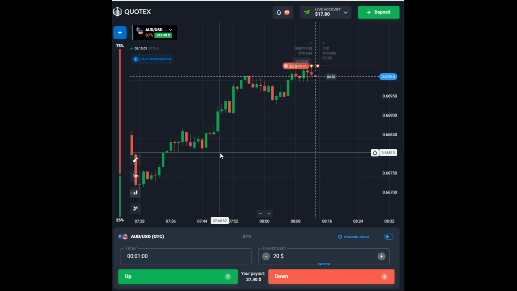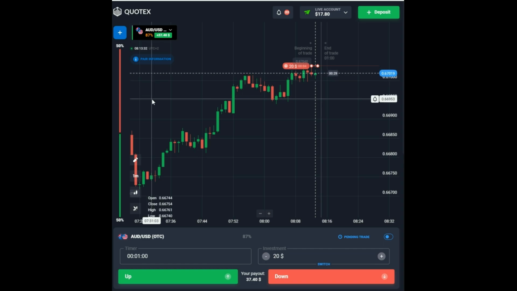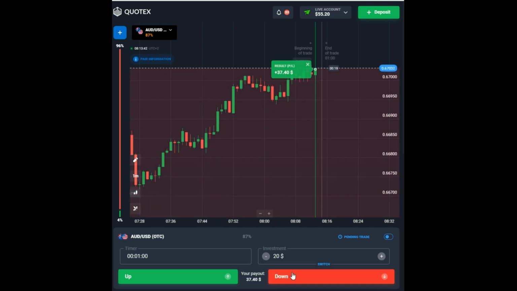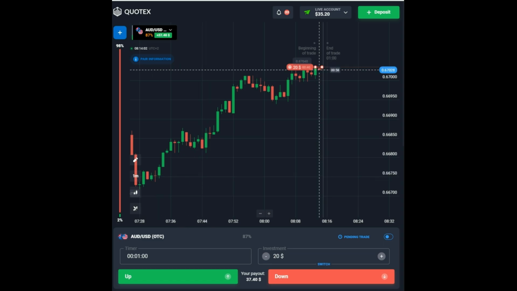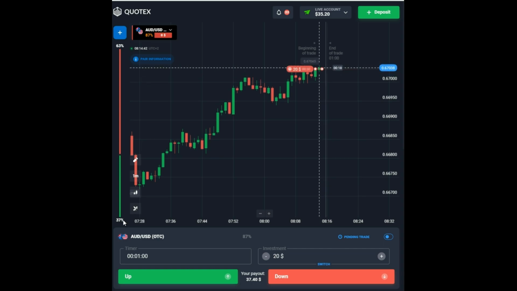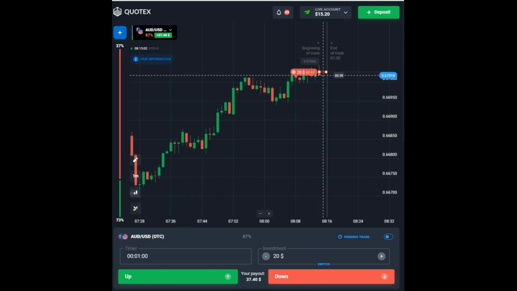I make a short of this one because it looks like it was gonna go down. The short position worked for me, and then we short again. And over here on the left you see that people are shorting it, and it pretty much didn't go my way or anybody else's that shorted it, and I lost on the last second over here. And then we go another short,